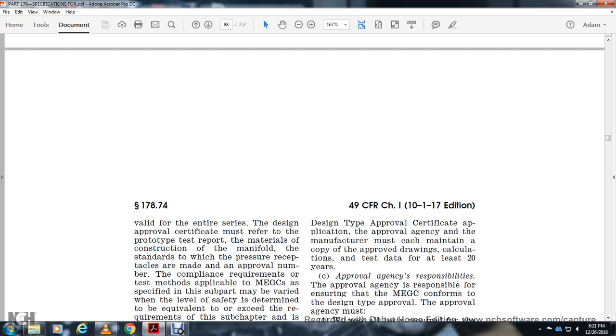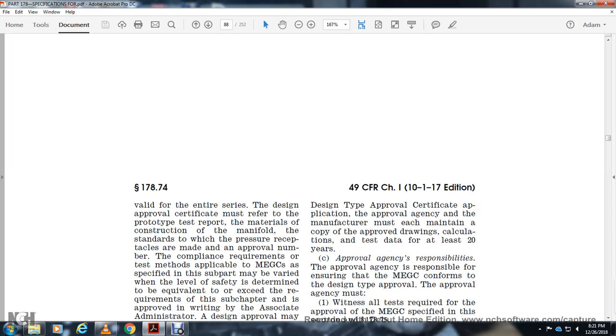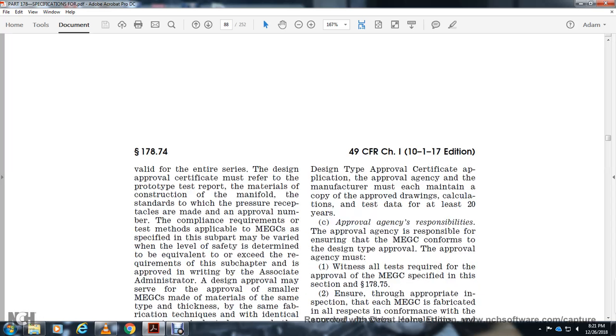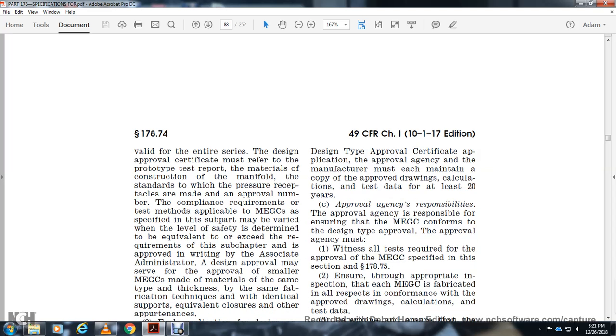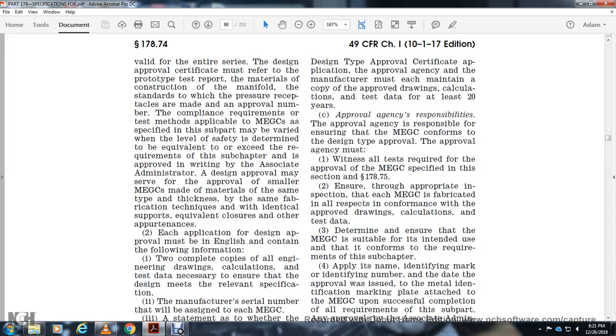Specified in this part may vary with a level of safety determined to be equivalent to the requirements of this subchapter. An approved design with the rating and the associated administrator's design approval may serve as approval of a smaller MEGC made of the same type of material and thickness, with the same fabrication techniques, with identical supports, equivalent enclosures or other appurtenances. Each application for design approval must be in English and contain the following information: two complete copies of the